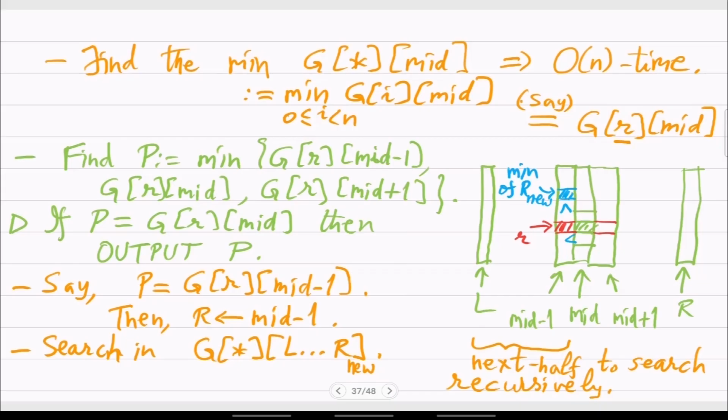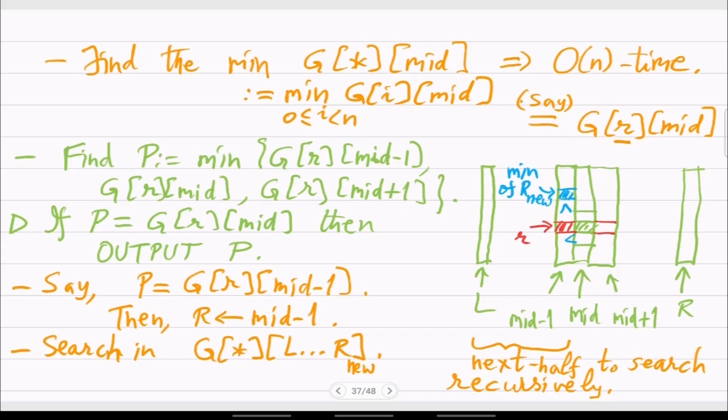And the proof was by this argument given in blue here, that the minima in mid minus 1, even if it is somewhere else, is smaller than the red cell, which in turn is smaller than the green cell, which is the smallest in the whole boundary of mid. Okay, so that was the proof that we are maintaining a local minima somewhere in this half. And that gave us an n log n result. So we get this theorem that local minima in the grid can be found in n log n time, which is still not good enough.